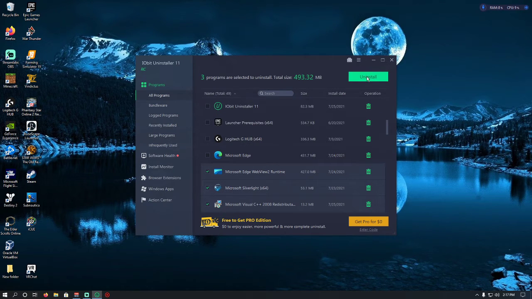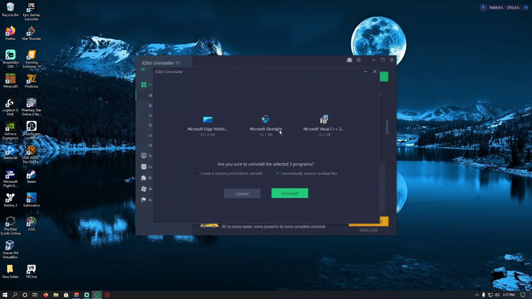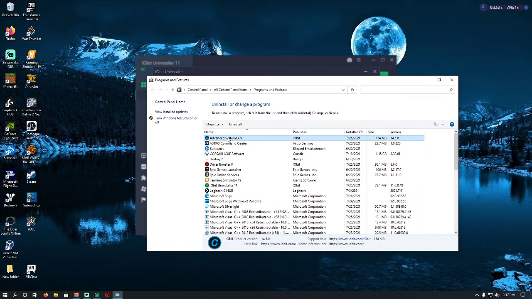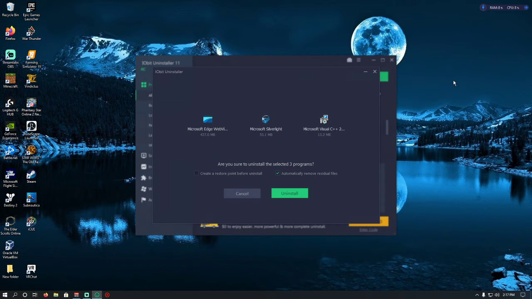All right, so basically you click uninstall. Now the difference between this program and, let's say, doing it this way, clicking on that and clicking uninstall, is you're only going to uninstall the program itself. You're not going to uninstall all the files and stuff like that. I'll show you in a second. Basically, make sure this is checked and click on install. It'll show you at the end what all it uninstalled. So